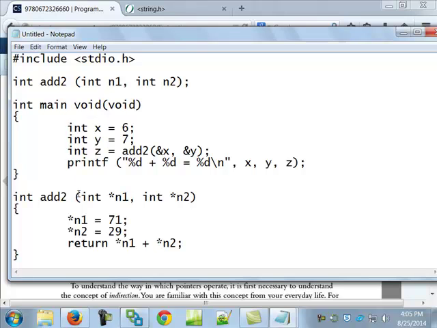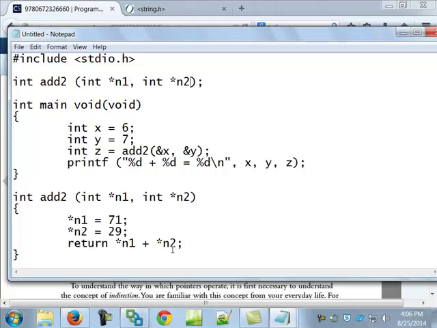And I'd have to change that up here. So for lack of better words, when you start seeing asterisks and ampersands, start thinking permanence. Because what we looked at first, the first example I gave you, we were changing copies. That's why it came back, and as Kelly said, it was going to come back and say 6 plus 7